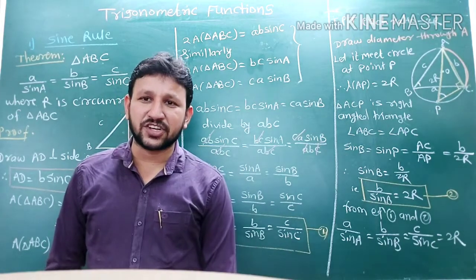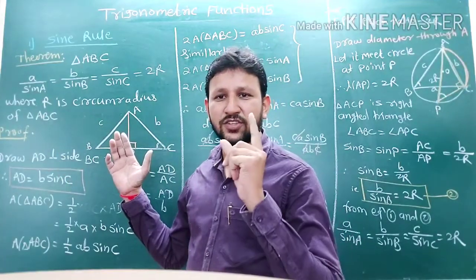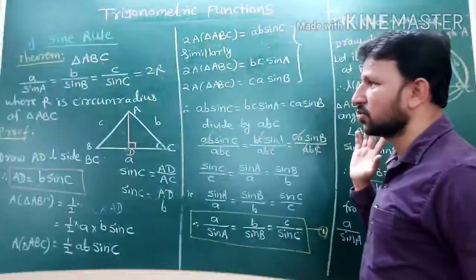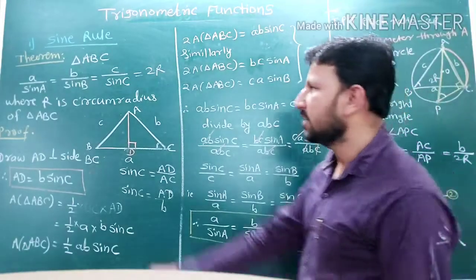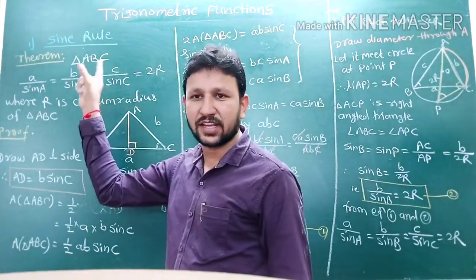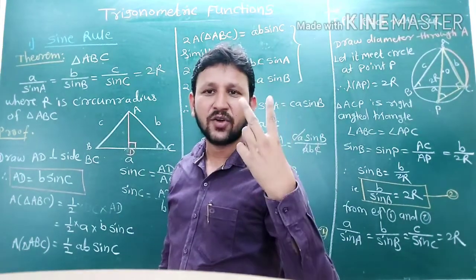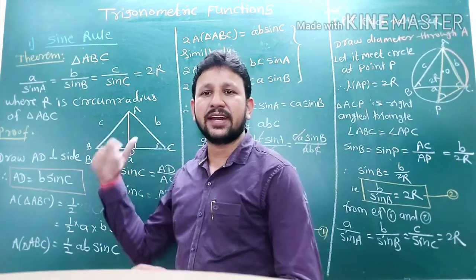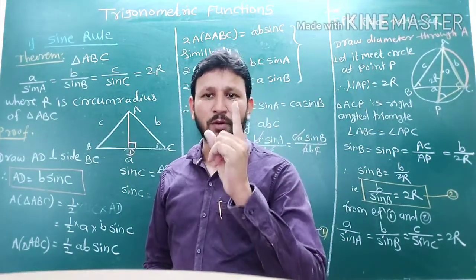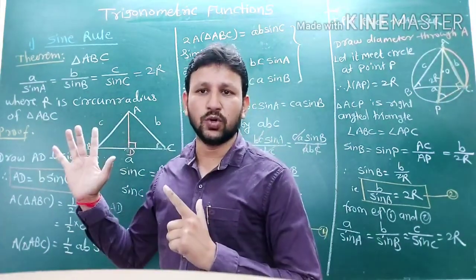In my previous lecture, you all learned the concept of solution of triangle. Solution is obtained by using the sine rule, and the proof of the sine rule statement is very easy. That is, the ratio a upon sine A, b upon sine B is equal to c upon sine C, and this ratio is 2R, where R is the circumradius of triangle ABC. We are solving problems today for solution of triangle using the sine rule.